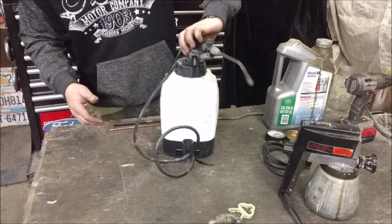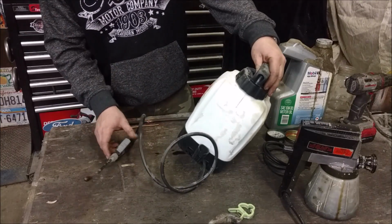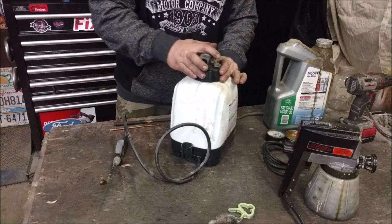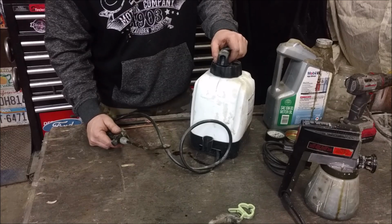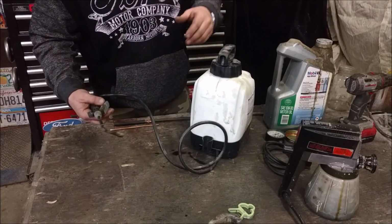I've also used another one of these, a bigger one. This was free with some weed and grass killer or something. You pump it up, pressurize it, and you spray it out. It doesn't work great. It never does. You have to dilute it again with diesel fuel. I drilled a whole bunch of extra little holes in here, and it kind of just sprays out